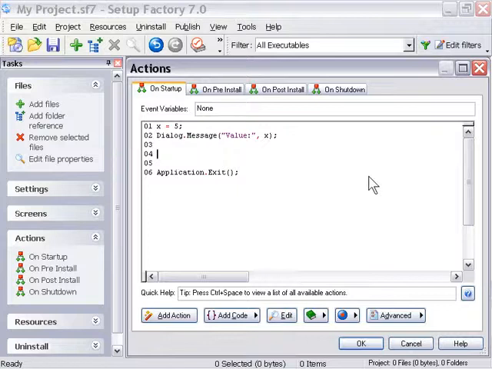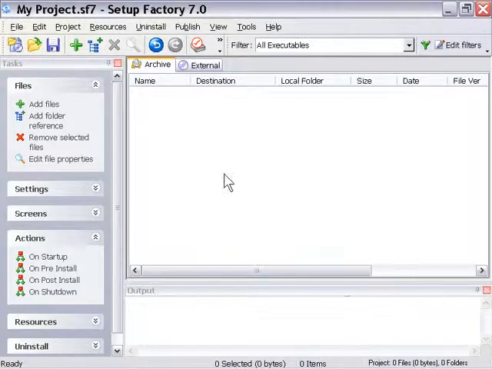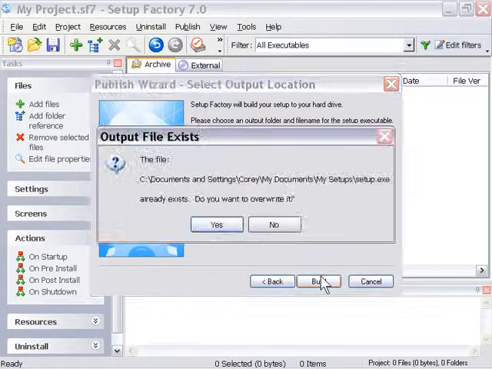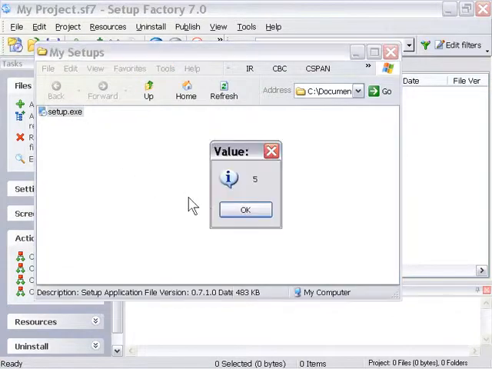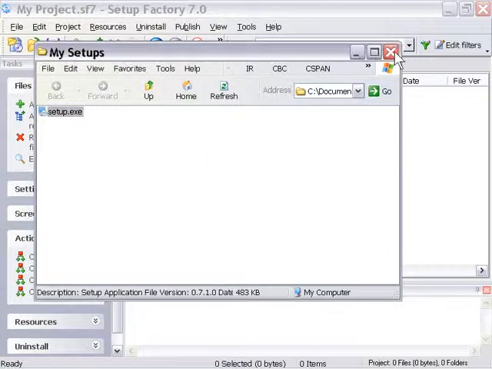Okay, so I'm referring to that variable, which is basically a symbolic relation to that value that we've assigned to it. Let's press OK. I'm going to go ahead and build this really quick, and we'll just take a look at the example file. Let's go ahead and run that, and as you can see here, we get the value 5. Okay, so we've called that value back simply by referring to the variable name, right?